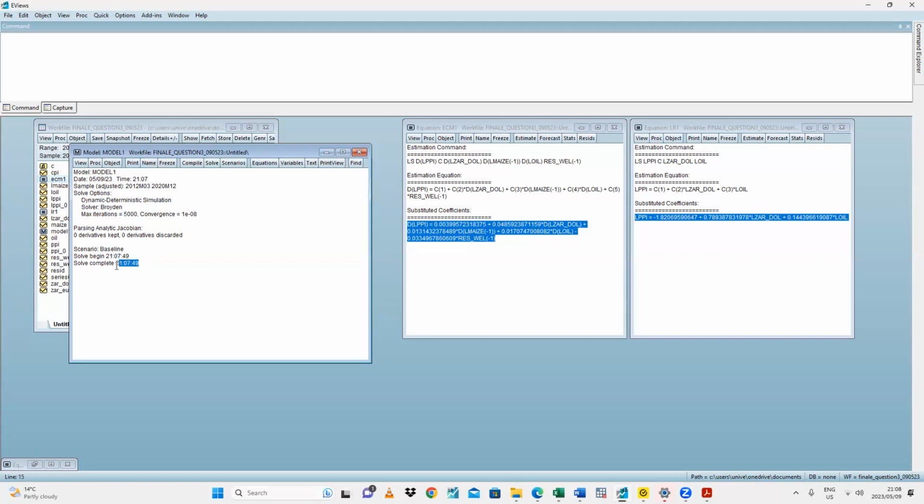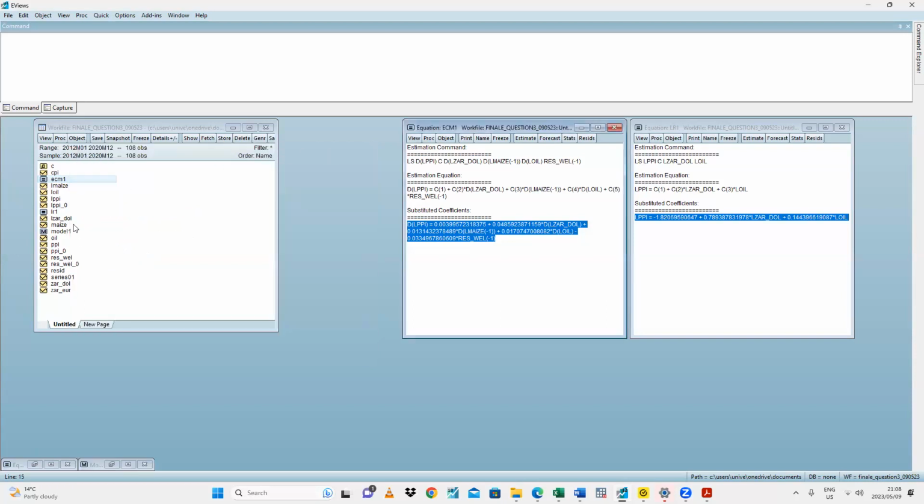But how many seconds did it take? Solve began at 2107 and it was completed at 2107. So within a split of a second, it was already done. Okay, this is my model. And then, what do I need now? What I need is,